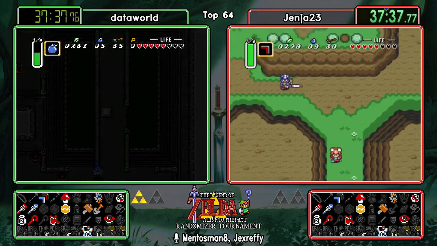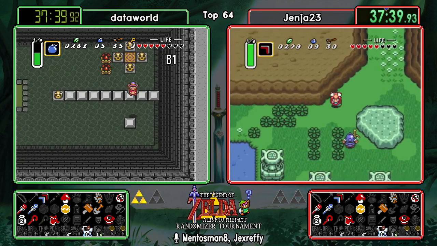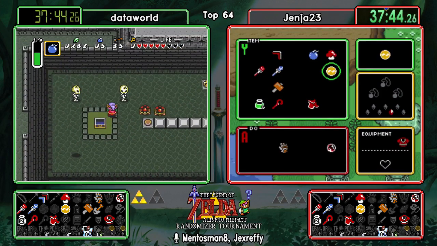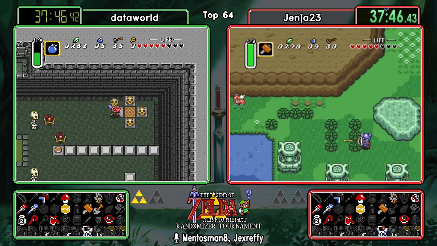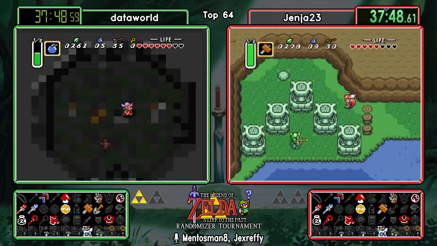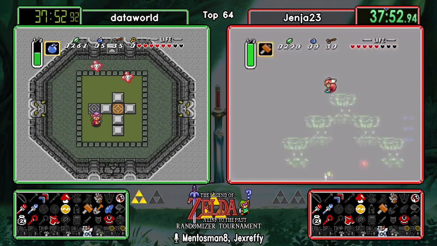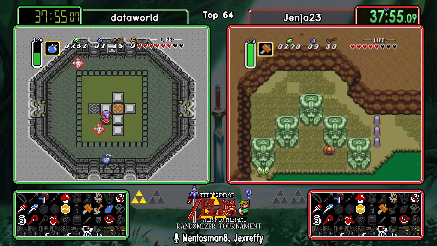Jenja saved and quit out of Eastern. He is headed back to the Dark World, maybe gonna walk the pod this way. Ooh, there's a flute. Toot, toot, there's the flute. And now we got Death Mountain access. Still only 2 items up there, so they're gonna be hoping for a little bit more than just that flute, but...